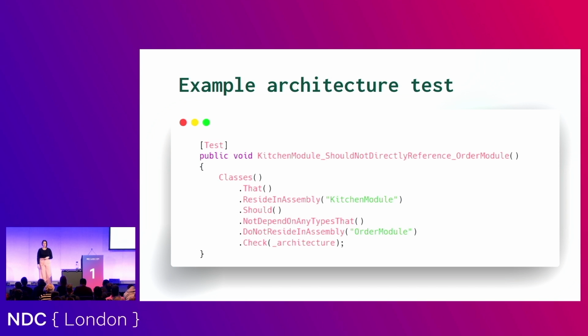So this is an example of an architecture test. You can start to see, you go, well, I've got stuff in this assembly, it shouldn't have any dependencies on stuff in this namespace or this assembly. So you can start being very explicit. If people start referencing something that they shouldn't, your test is going to fail. Like, no, you're not supposed to be able to access this or have this namespace in this namespace, or whatever, okay? So you can start to go through them.